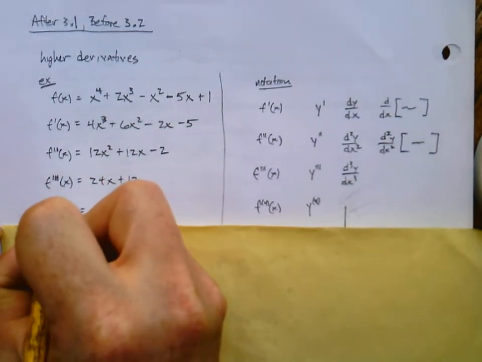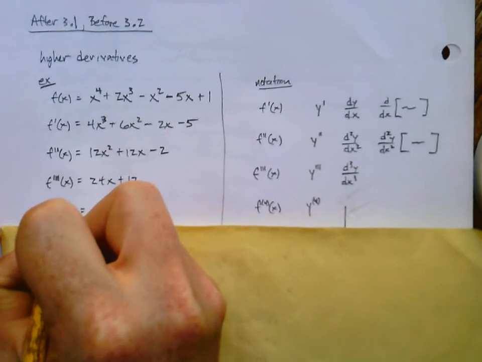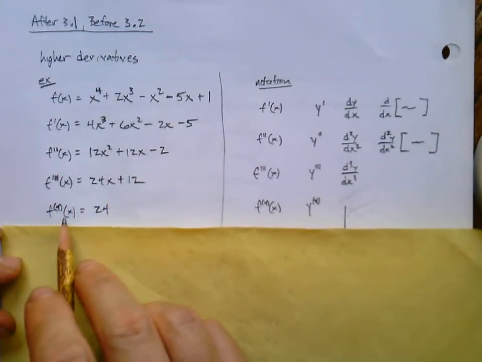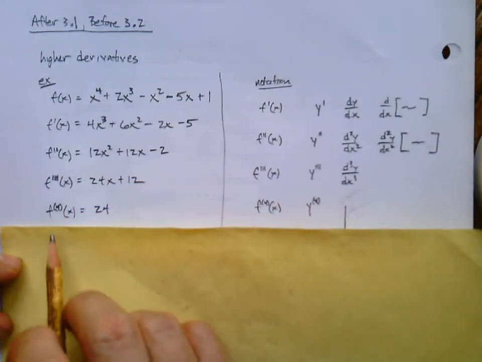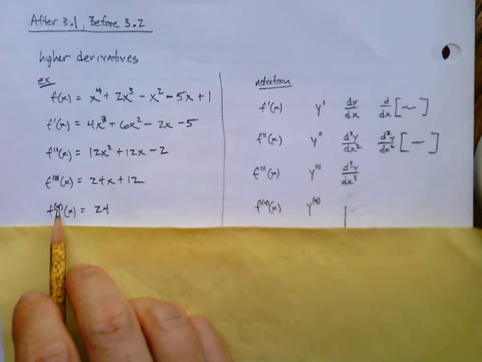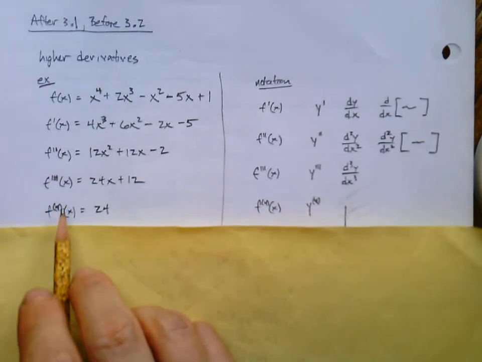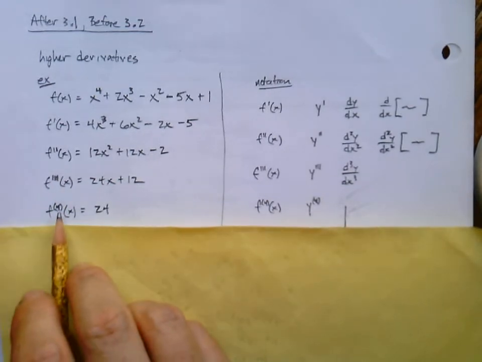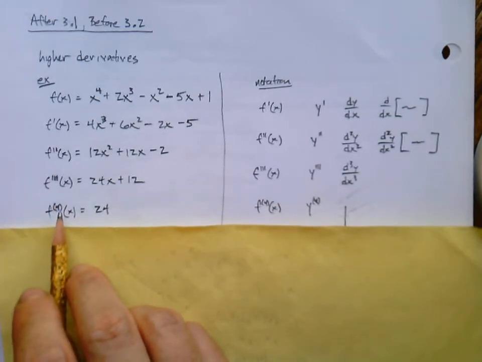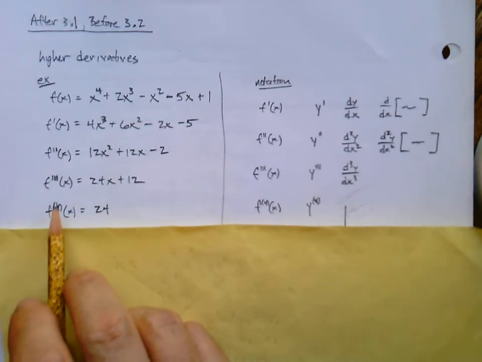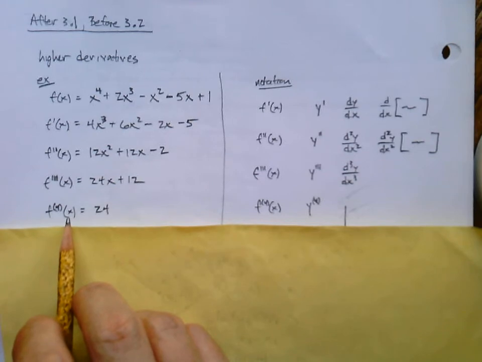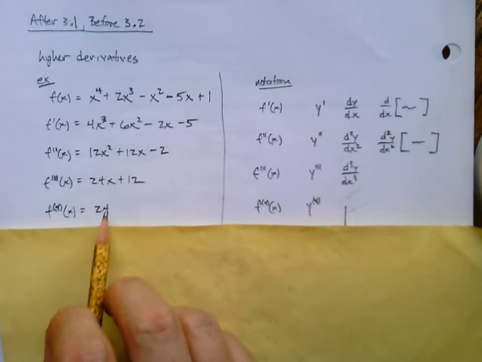So it's f and the little set of parentheses 4 of x, and you would just read that as the fourth derivative. Now you might wonder why we put the parentheses. Why not just put the number 4? Because if we just put the number 4, that could be confused with an exponent, like f raised to the fourth. So we'll put the little parentheses, and then now everybody knows we mean the fourth derivative of x. And in this case, that's just 24,